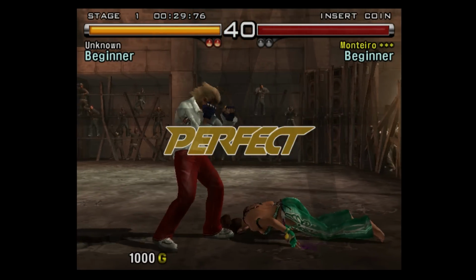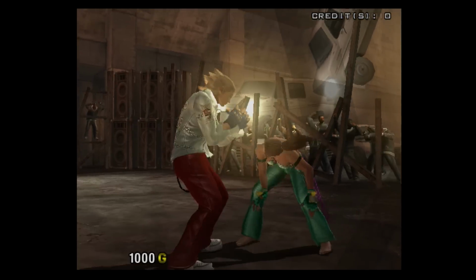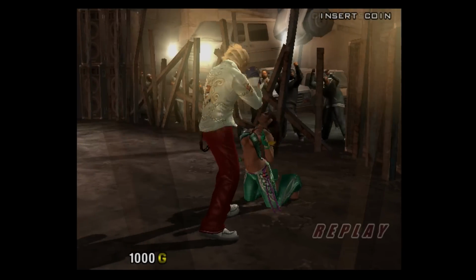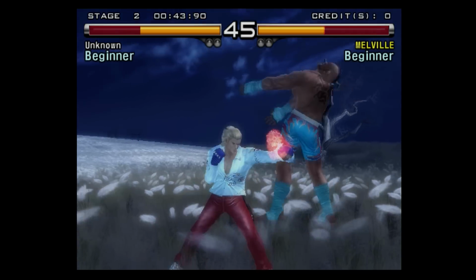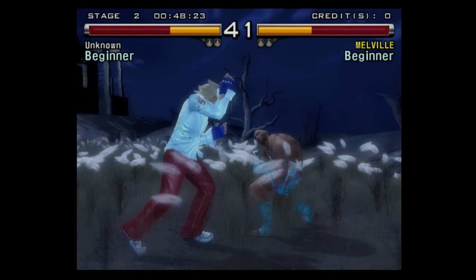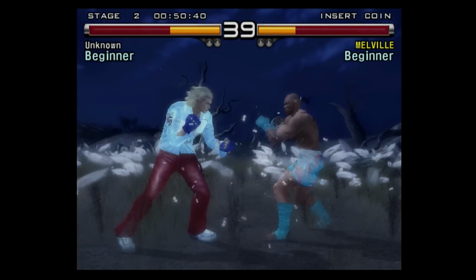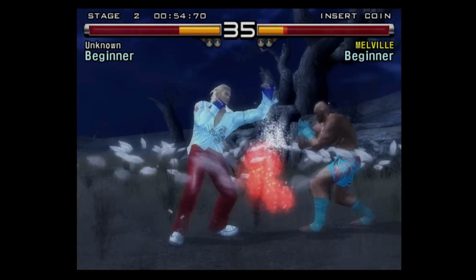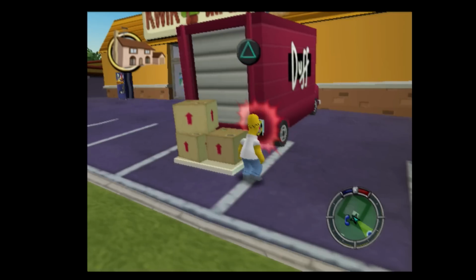Something like Tekken 5 just benefits completely from progressive scan, and then moving up to what this board can do for me, for example 1080p, I ended up resting on just the standard 4:3 resolution. That's what a lot of PS2 games expect when you turn it on, and the picture just looked really, really clean, except for one thing, and it has to do with the interlacing